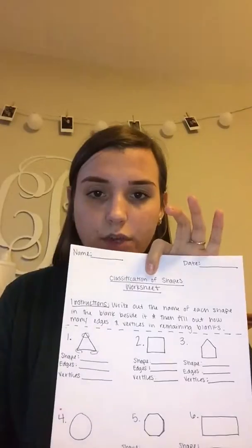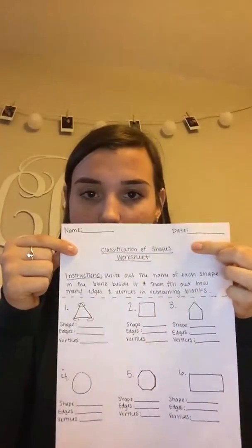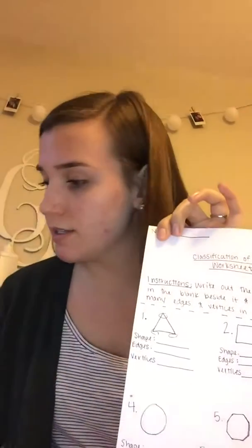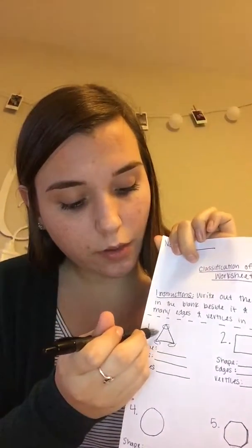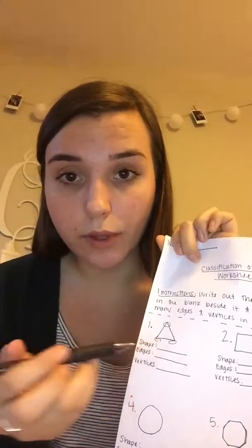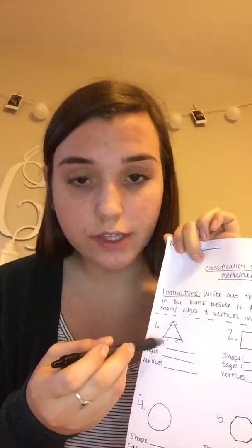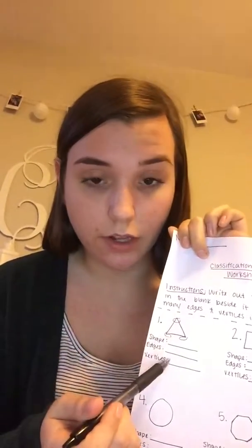This is a classification of shapes worksheet. It's just going to go over everything we just talked about. I want you to put your name on it, today's date, and then we'll read the instructions as a class. So it says, write out the name of each shape in the blank beside it, and then fill out how many edges and vertices there are in each shape in the remaining blanks. So I want you to go through, look at the shape. Write the name of the shape in the blank, look at how many edges it has. I would go through and write numbers beside each of the edges and number them, that way you can keep count of how many edges, and then go through and circle the vertices so you can keep count of how many vertices there are,